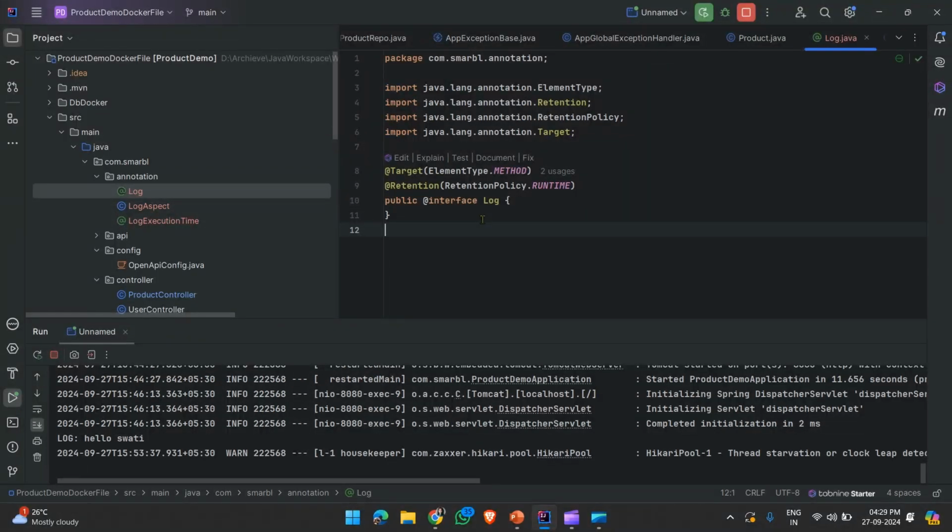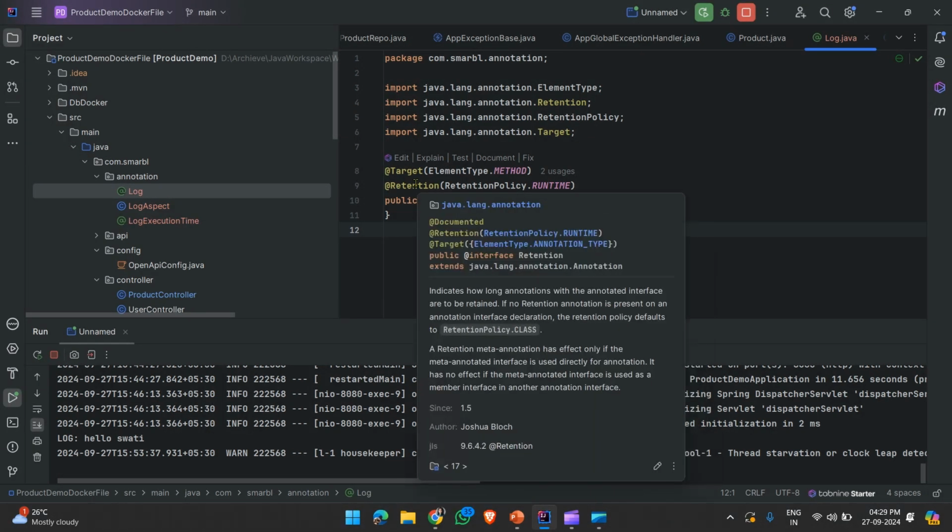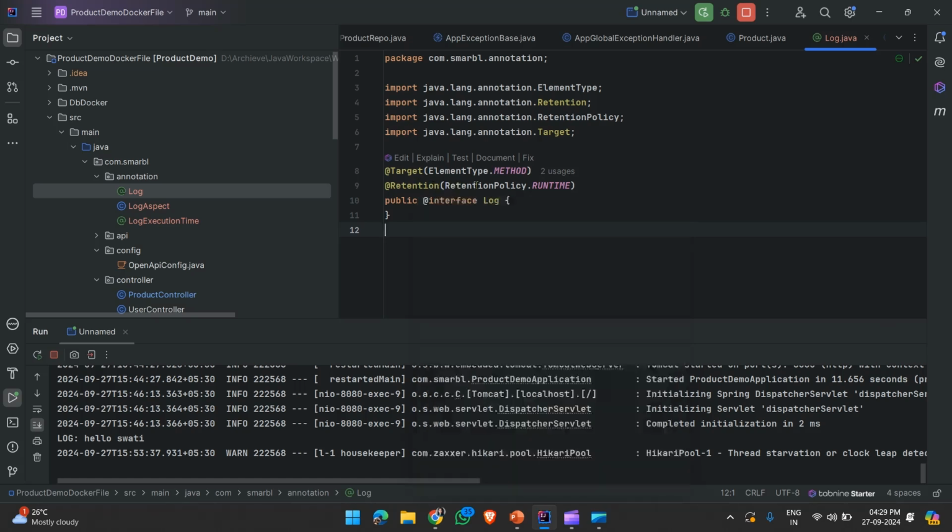And retention means that the annotation will be available at runtime, which is necessary for using reflection to process it. Retention specifies how long the annotation should be retained, for example at runtime, in the class file, or in source only.